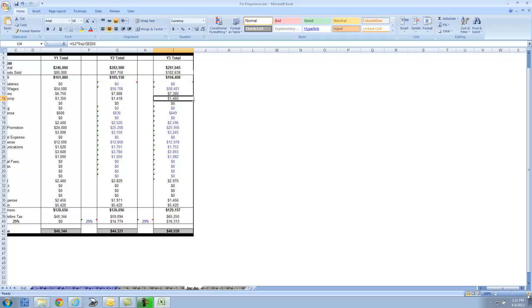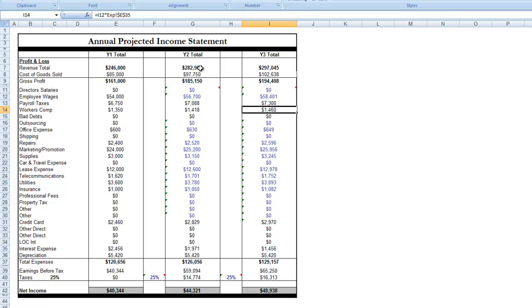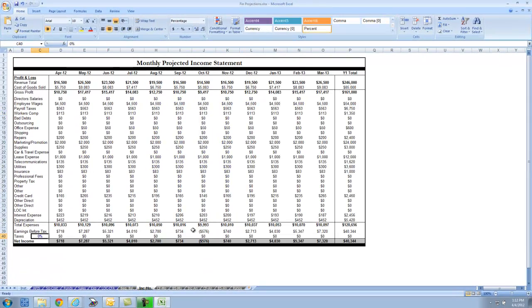And then we have our annual income projections, and from those percentages that we put in, year 2 you can see sales went up, year 3 we got close to that $300,000 mark, and then the expenses automatically adjusted based on the percentages that we put in on the expense tab. And you can see that the net income of this company is roughly $40,000, $44,000, and $48,000. When I put in or change that owner's expense, that pretty significantly changed that bottom line from the income projection on year 1. So I'm going to go ahead and put that back at